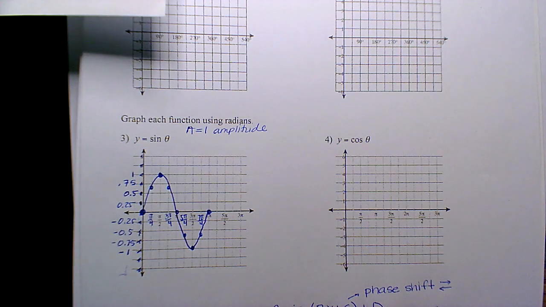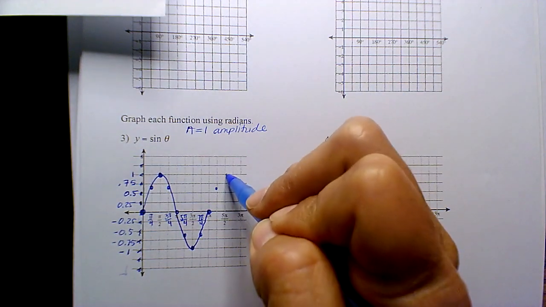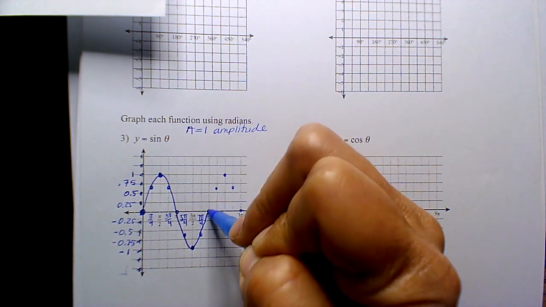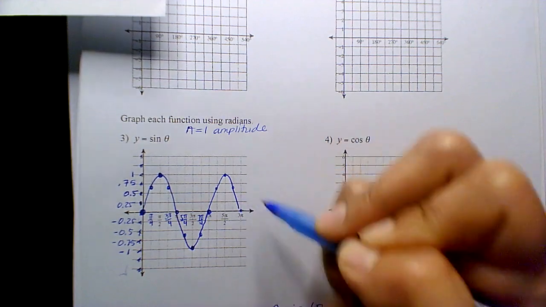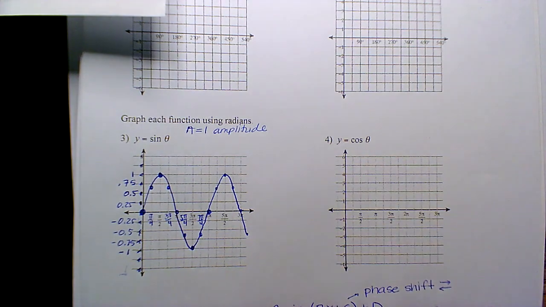Obviously, it keeps going around. As you do more and more revolutions, then it's going again, and it'll keep going up and down. Okay, let me